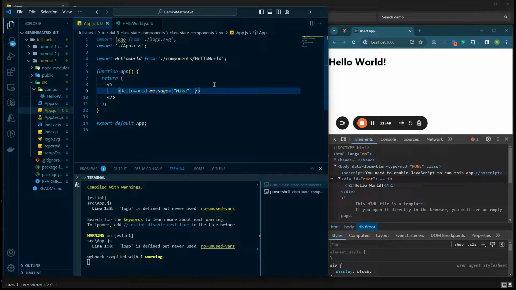And anything else I add in here, if it was last name, and if you notice, I'm wrapping it in that interpolation, those curly braces, that'll make it evaluate whatever's inside of it. So it'll know that when it hits this, it's actually a value to pass through to the props there. But we can say hello world, hello